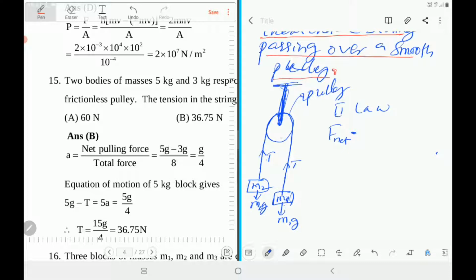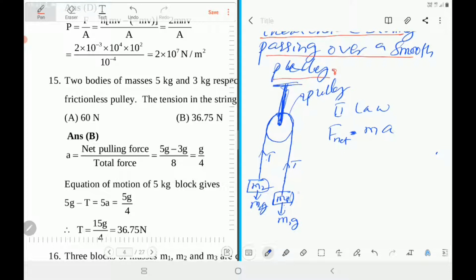pulley, which is a light pulley. Pulley means this wheel. The bodies move together. So there is a net force on the system, meaning a number of forces acting together produce some force, one force, always equal to mass times acceleration. It's very, very important. So we practice writing equations of motion for each system.